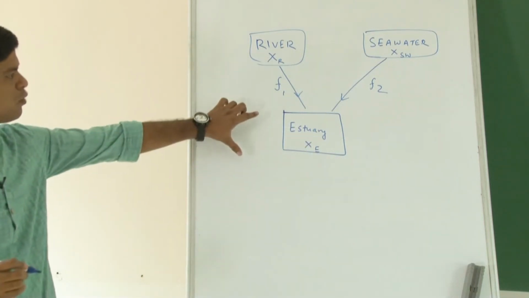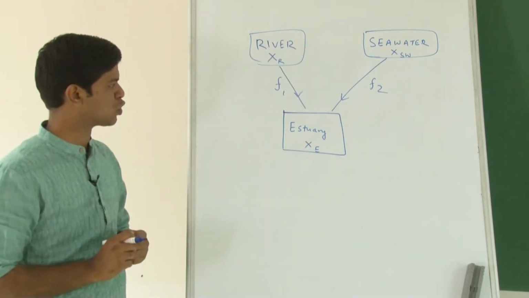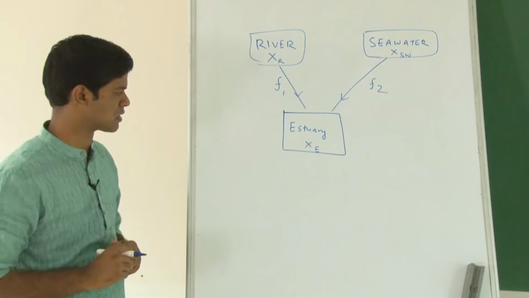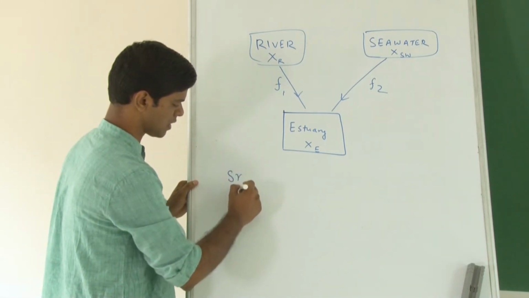It is a mixture and you want to quantify how much is coming from which source, so that you can make mass balance calculations. To give an example, let us say strontium in a mixture